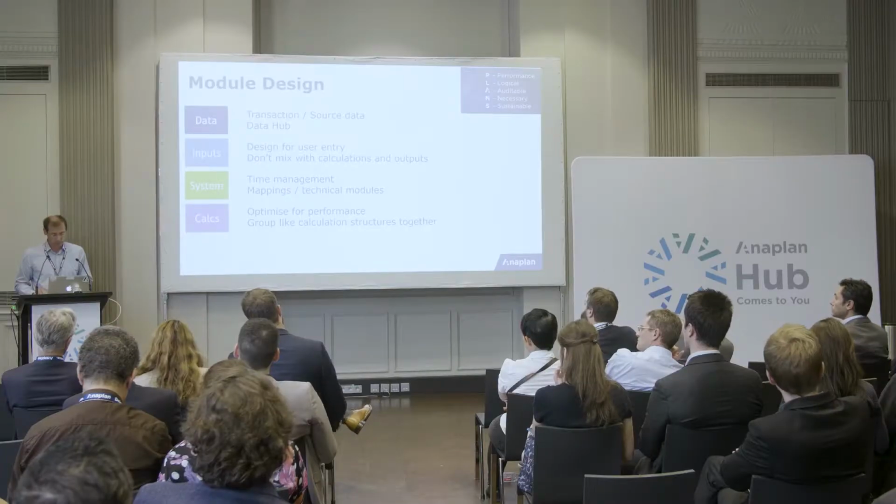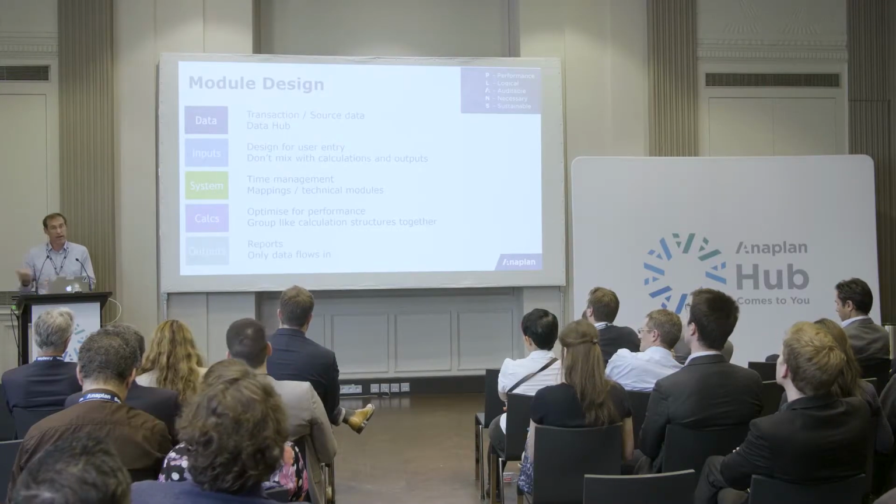And what we're trying to say is think about your model in terms of structures and put all of your combinations of those structures in one place. So you know where you need to go if you have a calculation that relates to your customer product hierarchy, or you know where you need to go if you've got calculations that relate to employment costs. Because it's easier to maintain because they're all in one place, and it will make a lot more sense from your model map as well, because you'll have collections of modules that are purely for calculation.